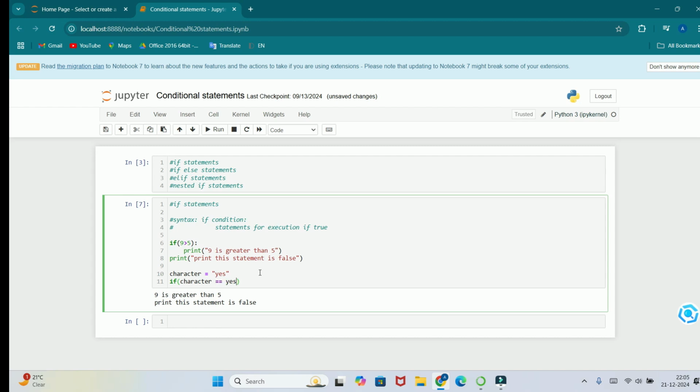Now here, let me explain this. Here we have taken two equal signs and here only one. In Python, if we give only one equal sign, it represents assignment, that is, we are assigning the value yes into character, storing the value yes into this character variable. The double